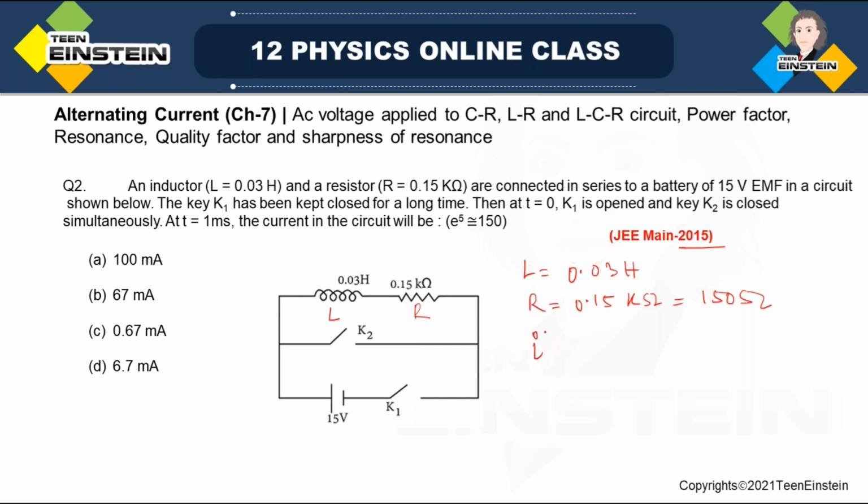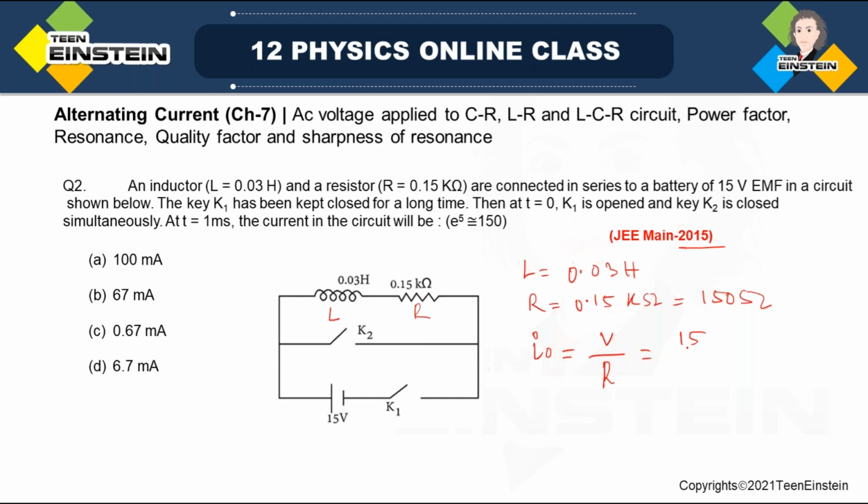The current I0 is equal to the battery voltage divided by the resistance R, because the L is not going to matter after a long time. When you keep K1 closed, there will be a steady current flowing through the circuit, and for steady current,